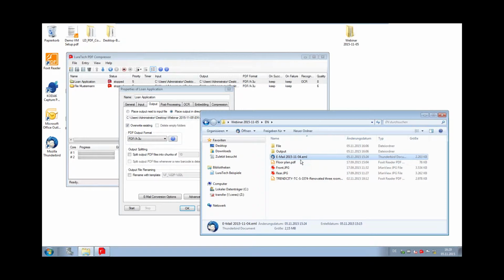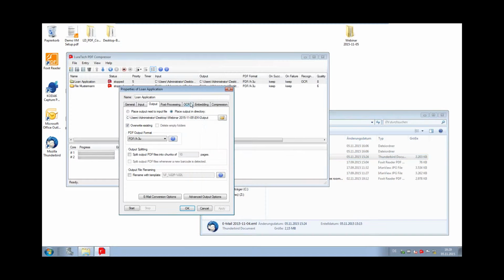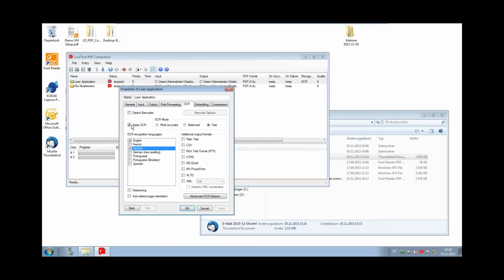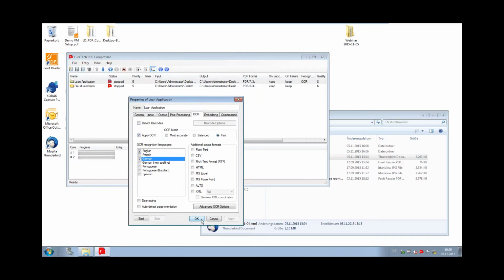Bear in mind, we had the email here with the attachments sitting inside. That's what gives it the 2 megabytes in size. So we don't have them stored here in this input folder separately, but we have them all residing, email body plus attachments, in this email file. Okay, and then for the stuff that needs to be OCR'd, we'll apply OCR. Just for the fun of it, I've selected English and German here,